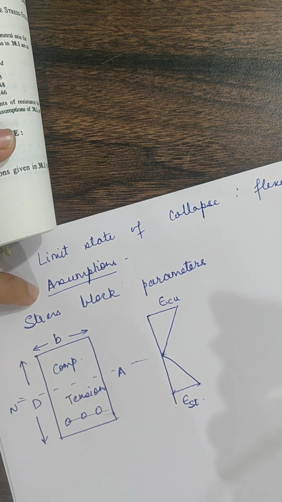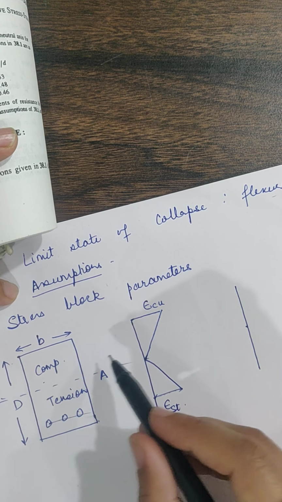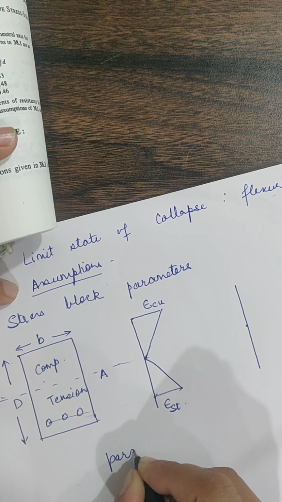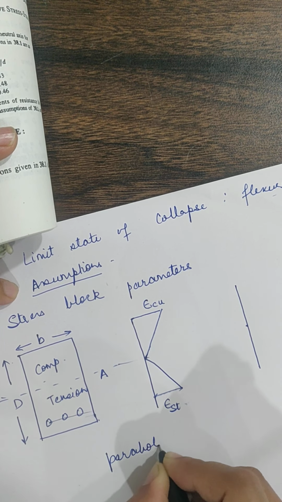Now, corresponding to this strain, there will be stresses in the system. And the code has already told us that the stress strain curve for concrete in compression is parabolic followed by rectangle. From where do I get this? I have got this from assumption C. The relationship between compressive stress distribution in concrete and strain in concrete may be assumed to be rectangular, trapezoidal, parabolic. Acceptable stress strain curve is given in figure 21. So the acceptable stress strain curve is given here. It is parabolic till the strain of 0.002 and then it becomes rectangular till the strain of 0.0035.